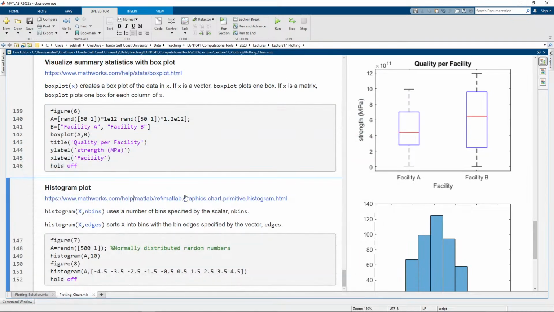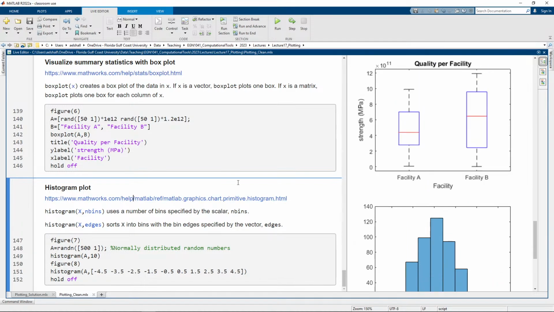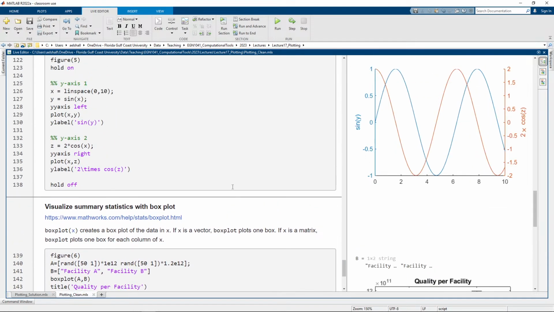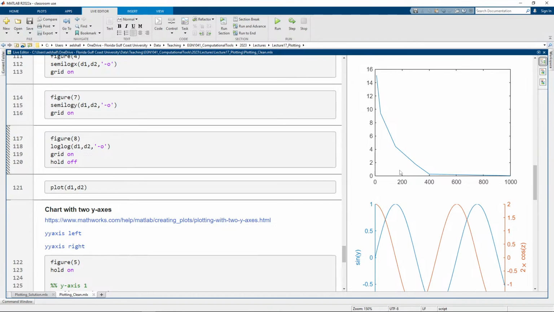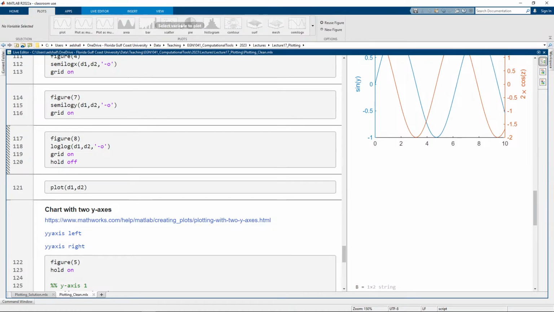Are these all the plots that MATLAB can do? No, not at all. MATLAB can do way more plot types than this. I'm just showing you the histogram plot, the box plot, and the two y-axis plot. This is just as an example, but if you see here,